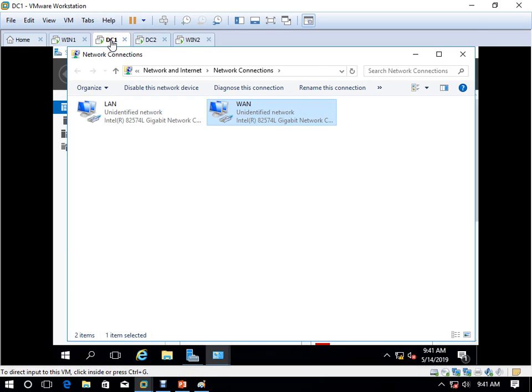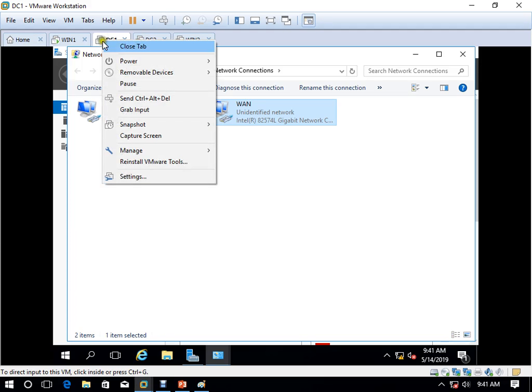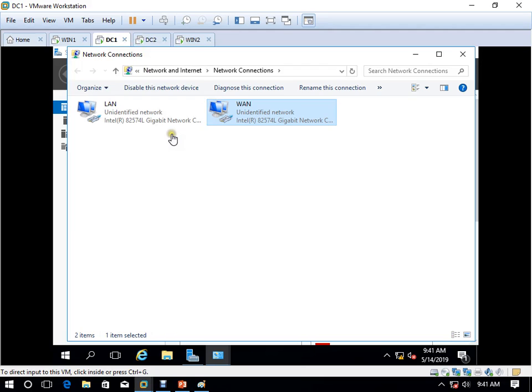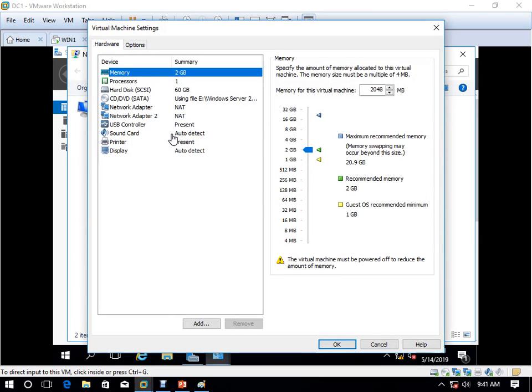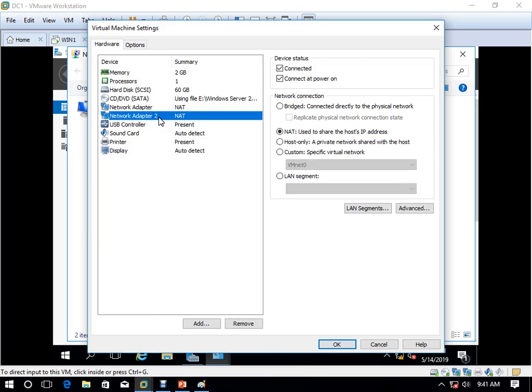They should communicate, right? So what we have to do, we have to right click on VMware DC1 settings, DC1 to DC2, adapter 2, right?